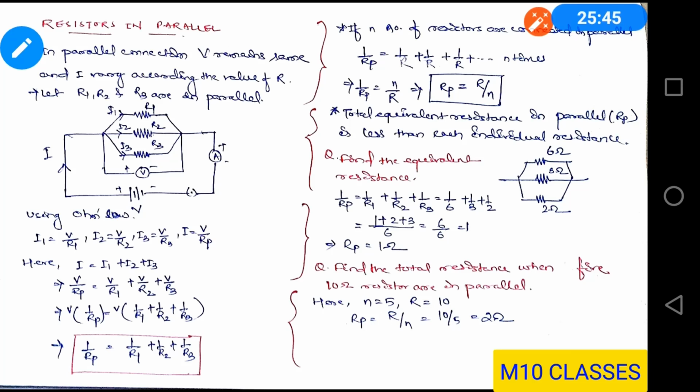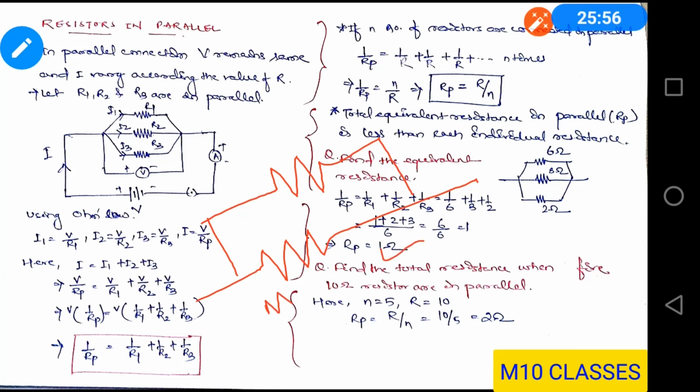Now suppose I am going to draw two resistors here. Now let's say this is munda, this is lanja, this is munda, this is lanja, or head and tail like this. Both the heads are connected at one end and the other two ends, that is lanja or your tail, are connected at one end. So when you see connections like this, where two heads are connected at one end and the tails are connected at one end, these are called parallel connections.